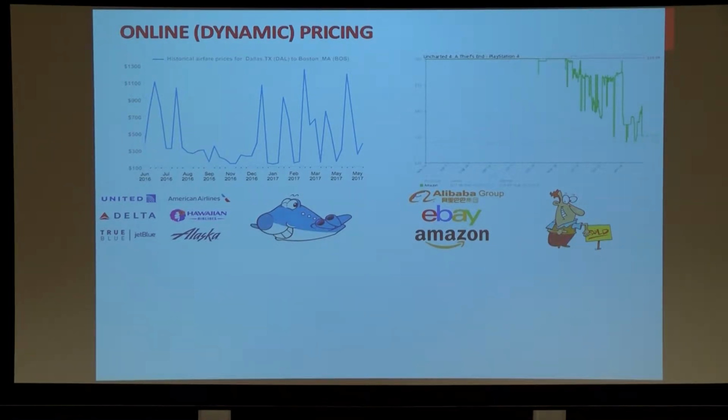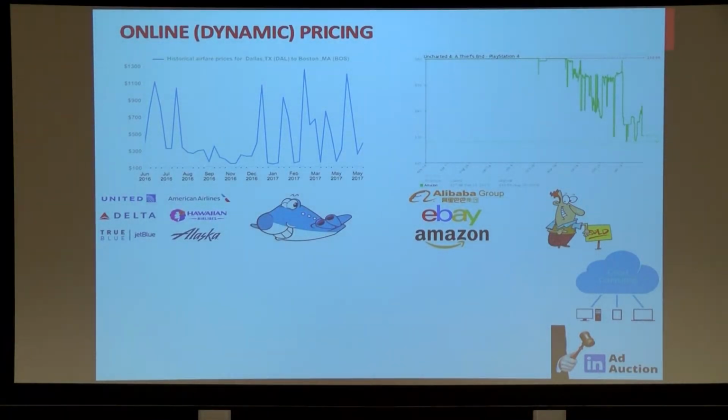And there are also emerging applications, potential applications for online pricing, things like cloud service prices and reserve prices for ad auction. And in all of these examples, there is a monopoly seller that has a service to provide or an item to sell. And the objective is to tune the price over time to maximize the revenue of the monopolist.